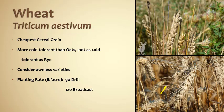Something new I'd like to draw your attention to, and I give all credit to my friend and colleague Craig Harper at the University of Tennessee, who has really brought this to the forefront with deer food plots, are the new awnless varieties. If you see the little yellow arrow down there at the bottom picture, that is the awn, a little spike that is formed around the seed and will largely prevent deer from browsing on and consuming the seed head